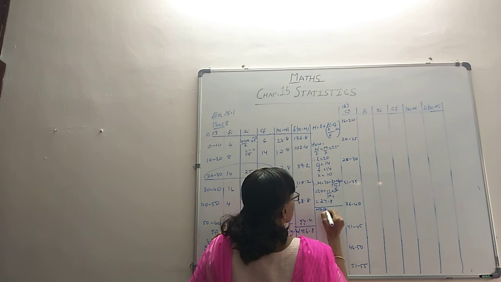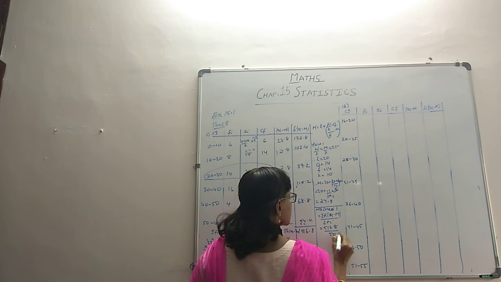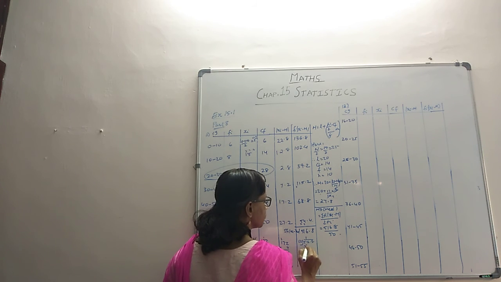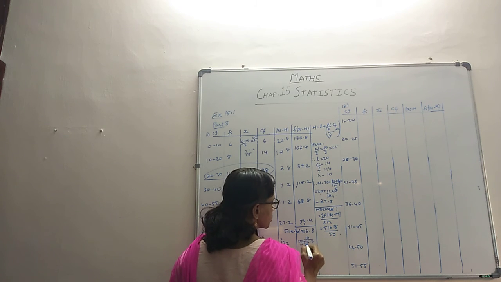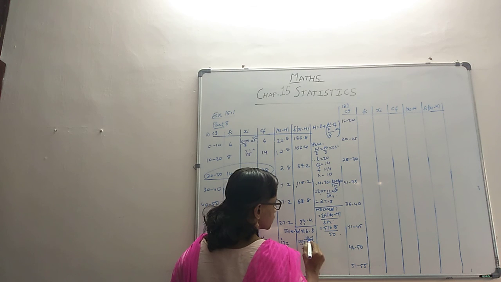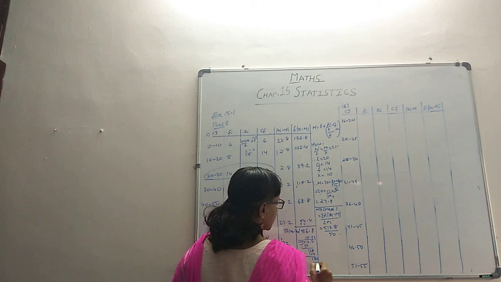Mean deviation from the median is, by the formula, summation fi |xi minus M| by summation fi, which means 516.8 divided by 50. We can do it here. 516.8 divided by 50. 50 ones are 50, 16 remaining cannot be divided, so you have to put a 0. But before taking the 8, you have to put a decimal also. So 50 threes are 150, and you have 8 and 1 left. Because of the decimal, 180, and 50 threes are 150.